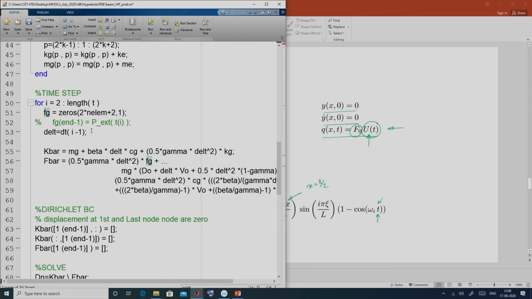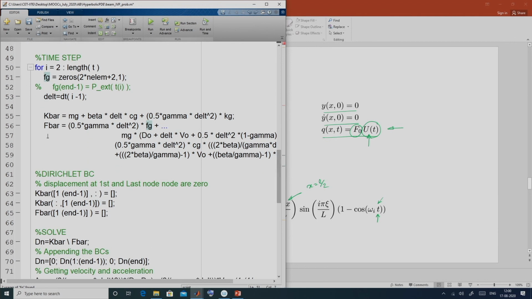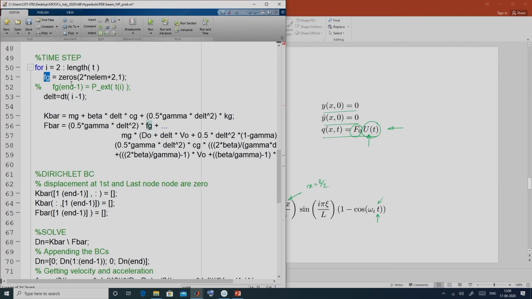force vector, because on the right hand side the only term that is dependent on time is basically the global force vector. So we initialize the force vector and then obtain the global force vector. But in this case, as you see, q remains 0 for the rest of the time, and in the simply supported case there is no other term on the right hand side, so obviously the force vector will remain 0 for the entire simulation. So for the problem in hand, you can define Fg outside the time loop; it is not required to be put inside the time loop.